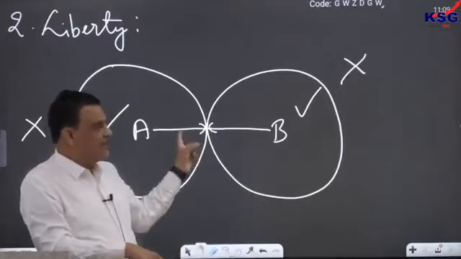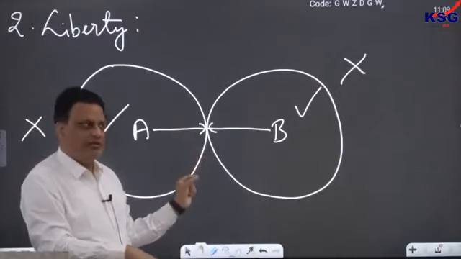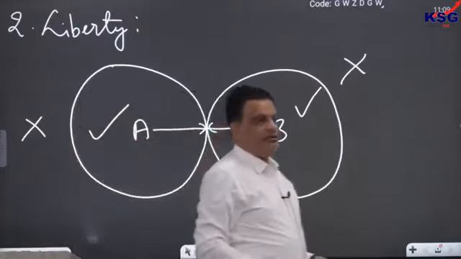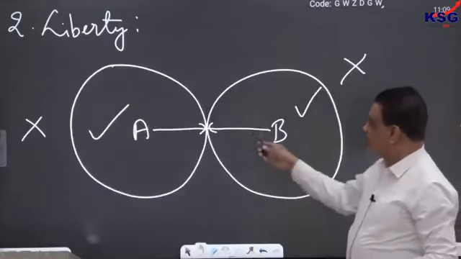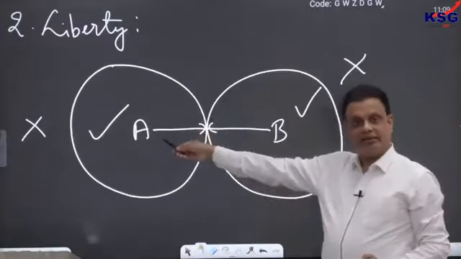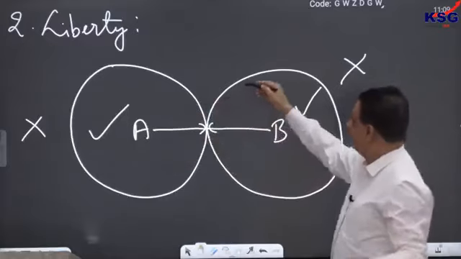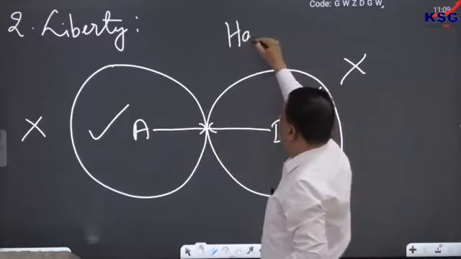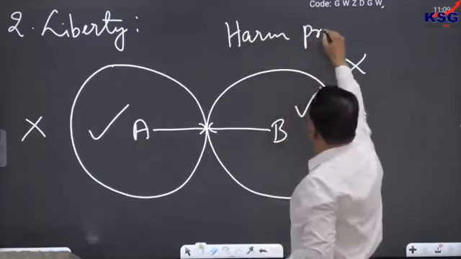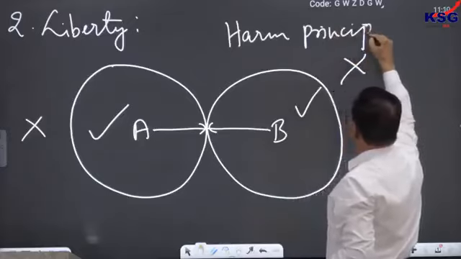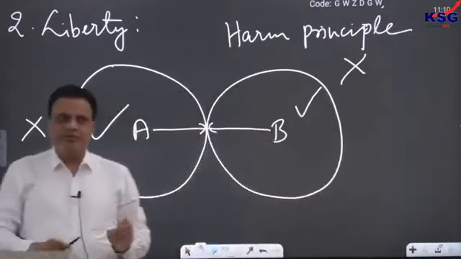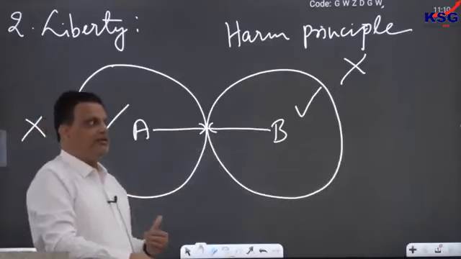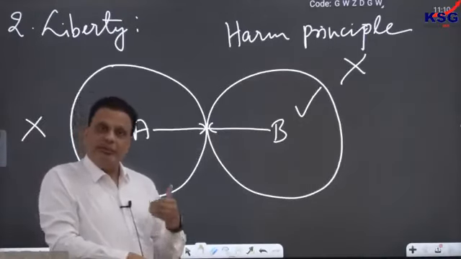And this limitation he himself defined in a very clear language. He said that this limitation on the liberty can be put only and only when there is a harm to the other person by the act done by this person. We often call that in philosophy the harm principle. So harm principle basically means that my liberty can be curtailed only and only when my action creates